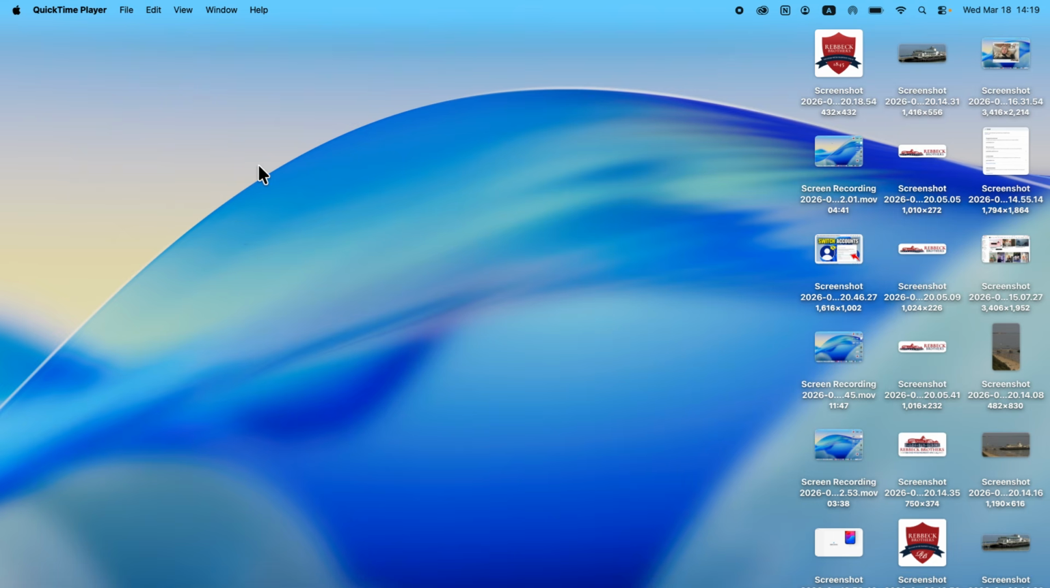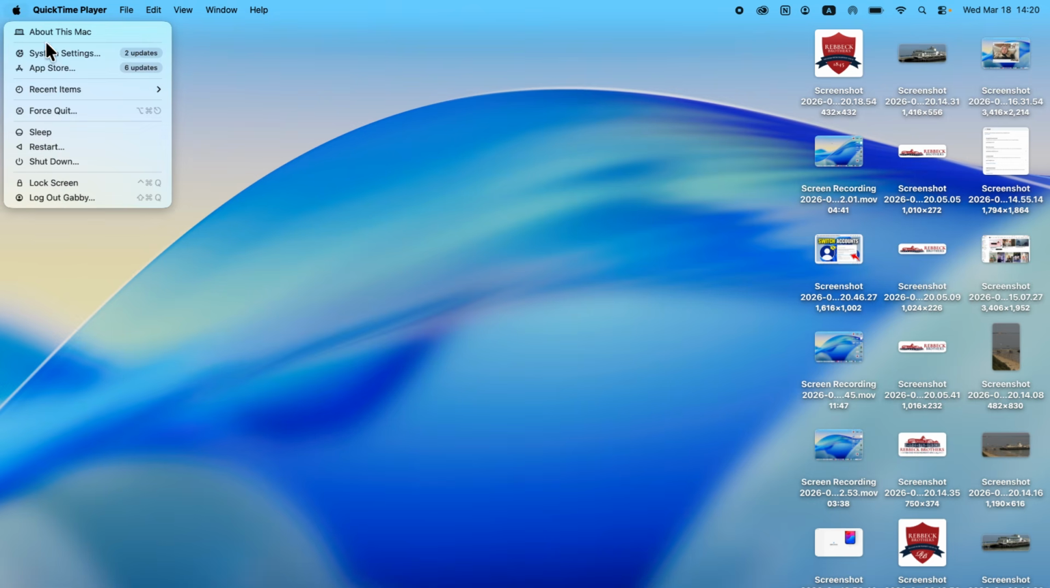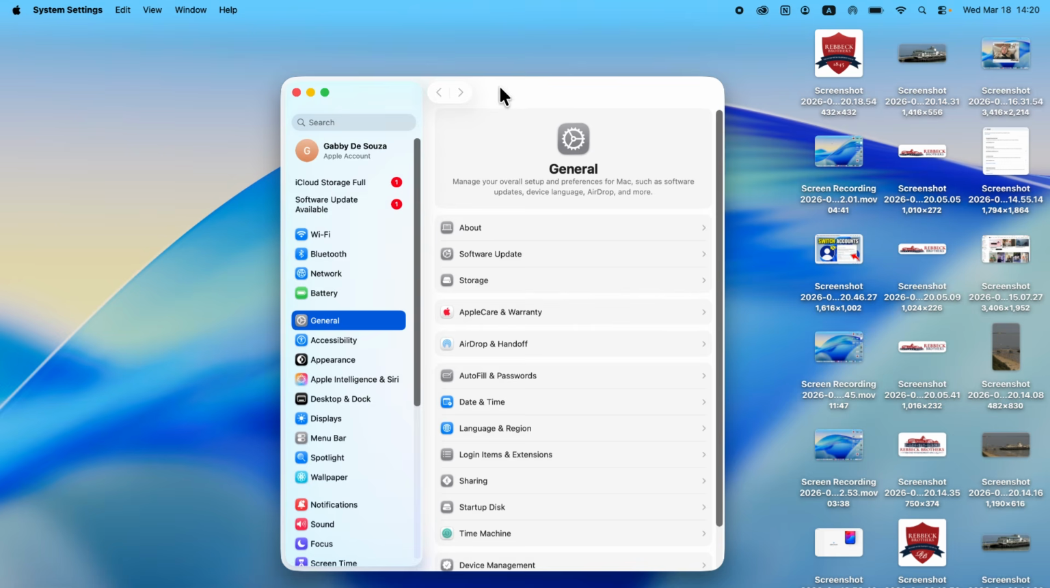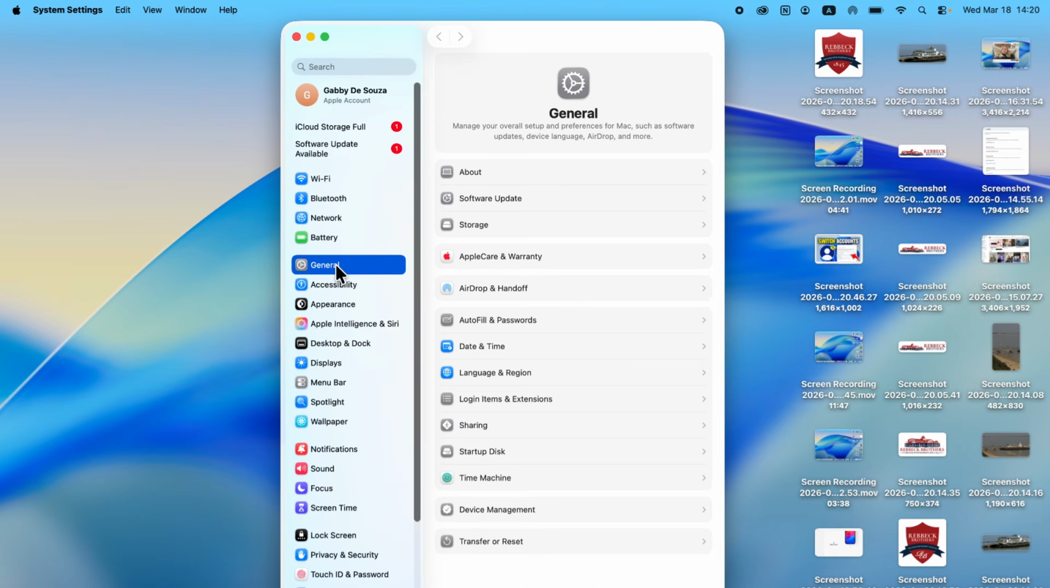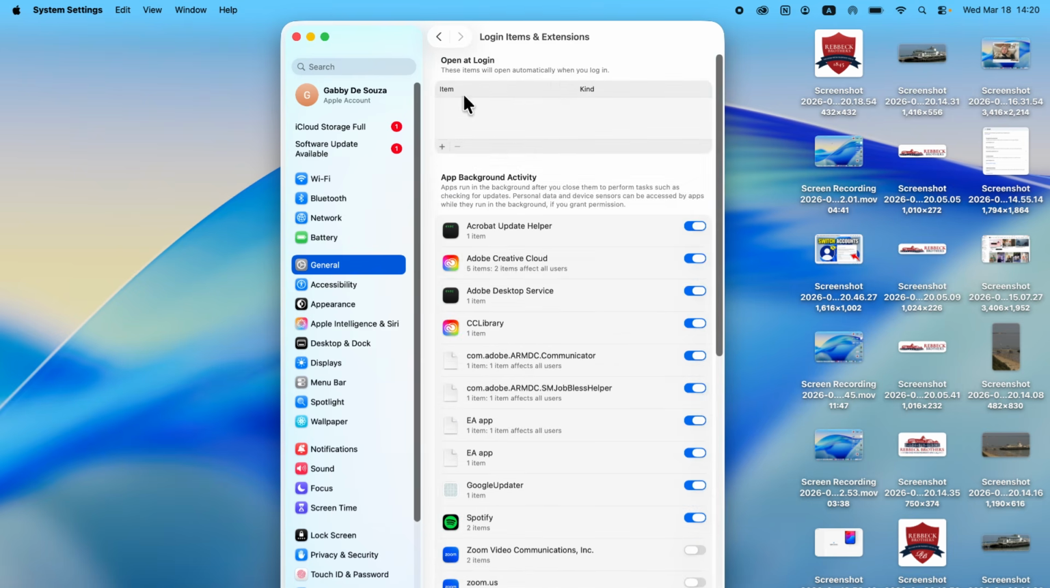Now the first thing you need to do is click on the Apple logo in the top left hand side of your screen and then click on System Settings. Now from the left hand side, click on General and then press Login Items and Extensions. Now at the very top here, you'll see all of the applications that start up when you first turn on